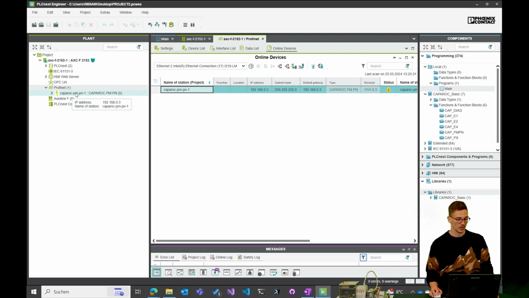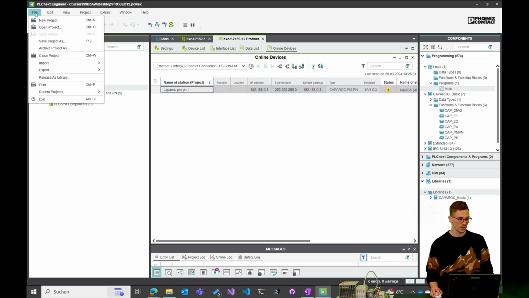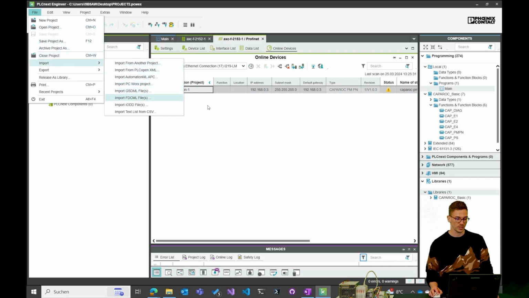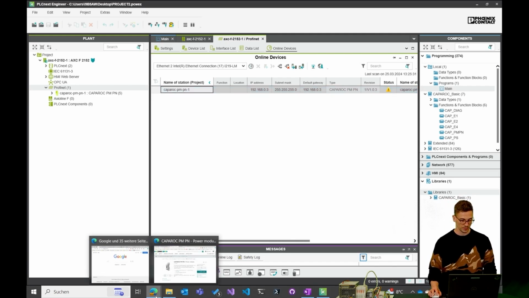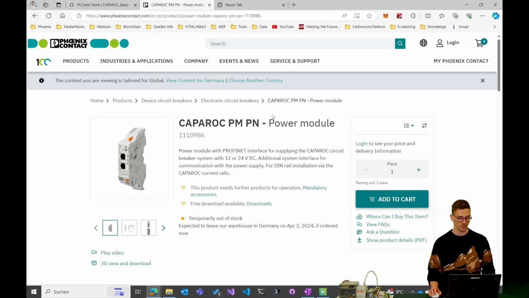So here you can see I integrated the Caparock PMPN Profinet device, and I did that over file import, and I used the GSDML file to put it into my device catalog, and you can find that here on the Caparock PMPN